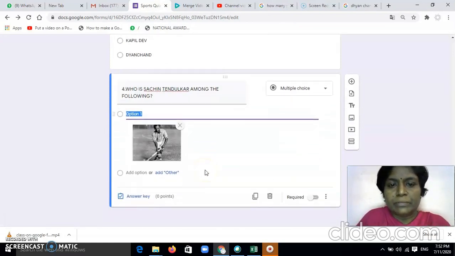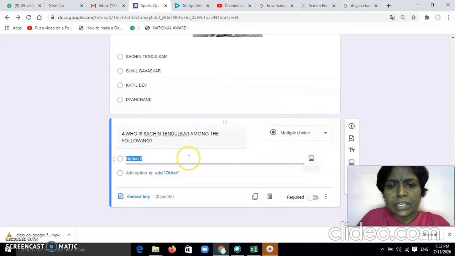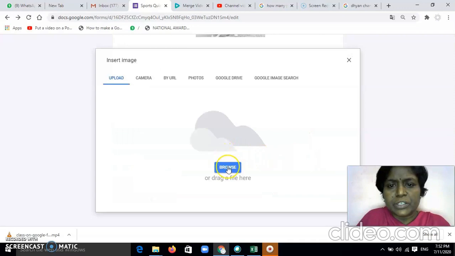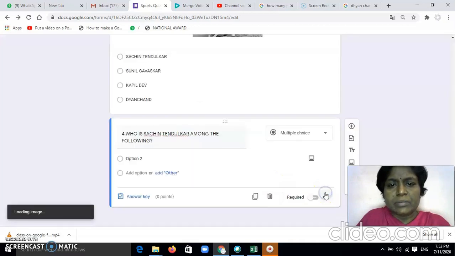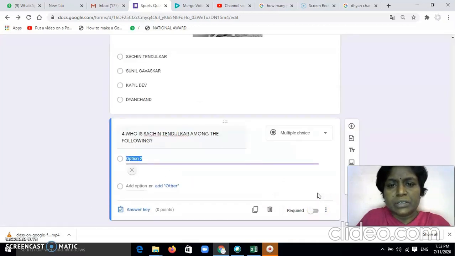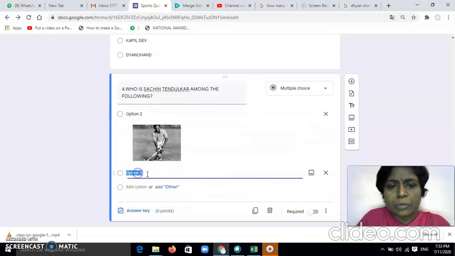Then the second option: add image, then you give the URL, Control V and then insert image. Image is added, and then add option.